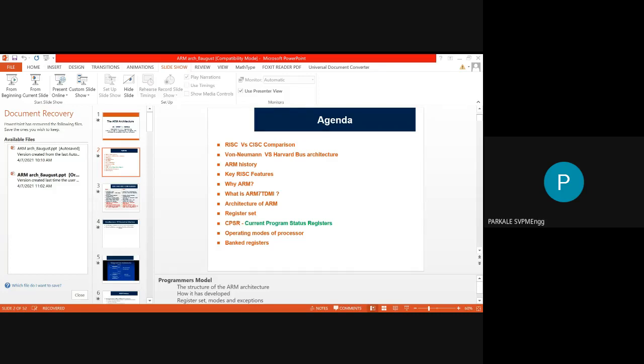That means for your CISC architecture, you have different instructions, and those instructions have different sizes, which is called variable size. That means one instruction is of 32-bit, another may be of 16-bit. So there are many formats for CISC. That is somewhat problematic for CISC, because the programmer has to remember all those instructions and also the size of the instructions.